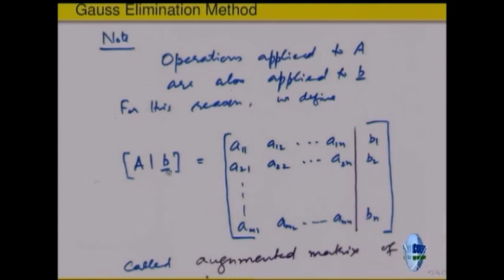A is m cross n, b is the coefficient on the right hand side, b 1, b 2, b m. So, again there is a typo here, it should have been b m, right, because there are m equations, right. So, the row operations whatever we do on A are also going to be done on b. So, this is the matrix on which we are going to operate, and the idea is to do the elementary row operations and change it to that form. This part of the matrix should be changed to the special form.